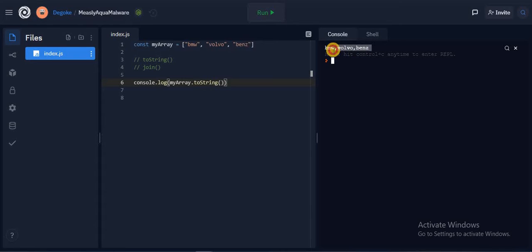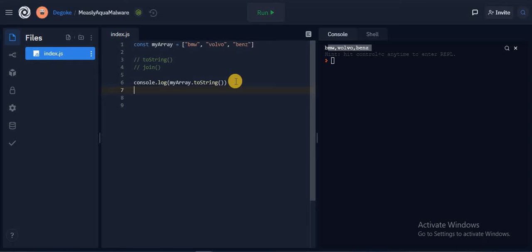We have our array converted to a string, BMW, Volvo, and Benz. And we also have the join method. The join method does the same thing as toString, but you can decide what you want as a separator